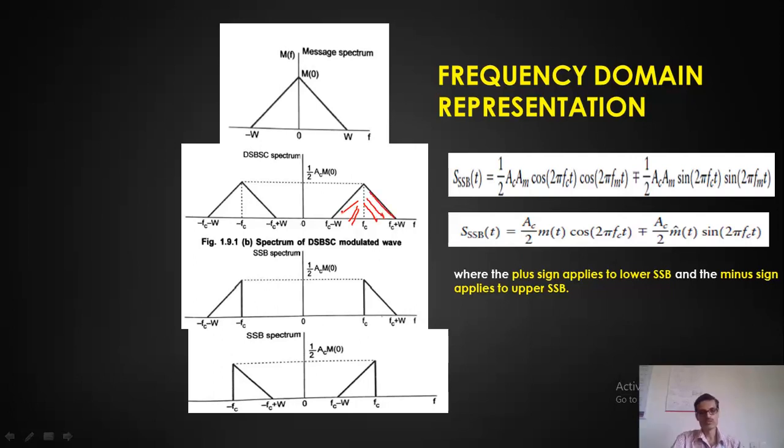Out of these two sidebands, I can choose either one for SSB transmission, either the upper sideband or the lower sideband. As I told earlier, this can be done by designing a band pass filter with certain cutoff frequencies. If I want to choose the upper sideband, I will design a band pass filter with a response like this: the lower cutoff frequency equal to Fc and the upper cutoff frequency equal to Fc plus W. In that case, it allows only this spectrum and we get only USB.